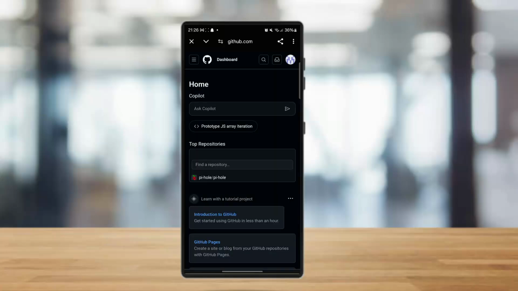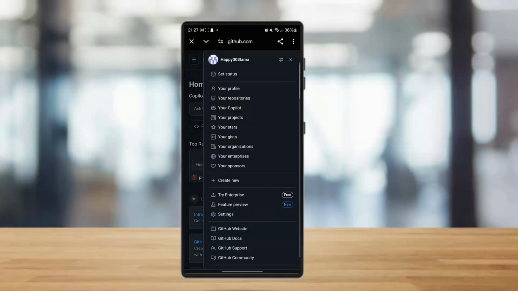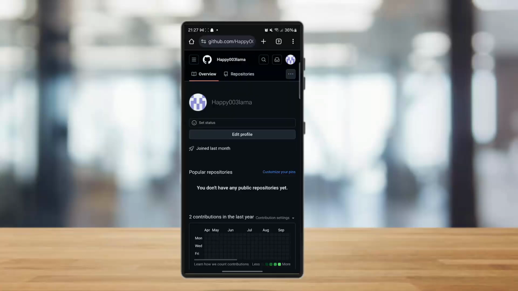So now once you get logged into your account, you need to simply navigate to your profile by clicking on your profile icon. So once you do so as well, tap on your profile. After doing this, now once you're on a profile, you can see in the address bar there is an URL called